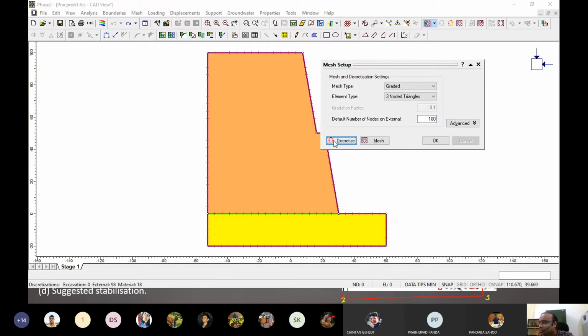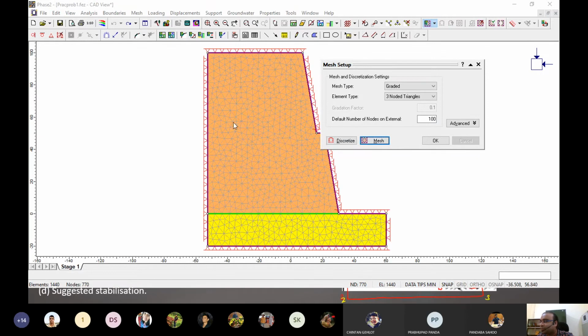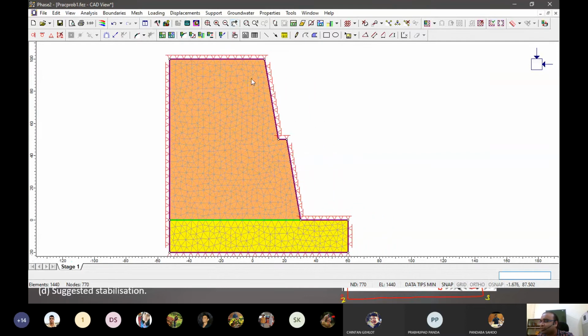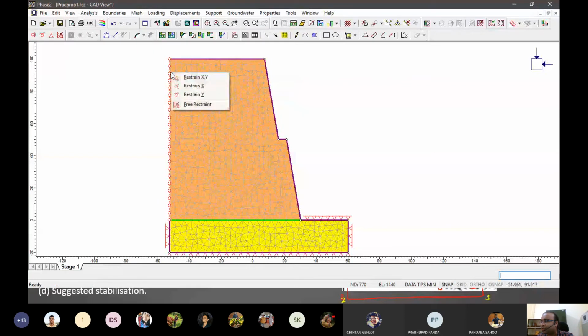And let's discretize it. So you can see the edges discretized, and then we can mesh it up. So let's click OK now. And what we have to do is we have to free these slide faces. So let's free those. And once we free them, we have to reinforce the edge, because the last point was freed when we freed this edge.